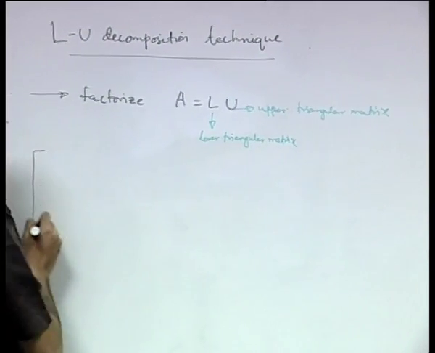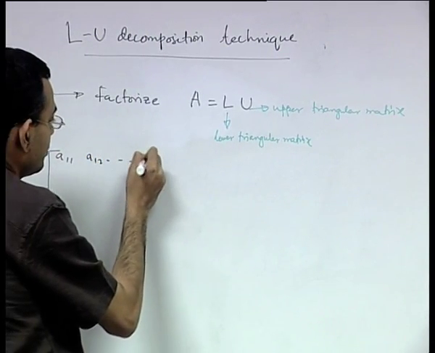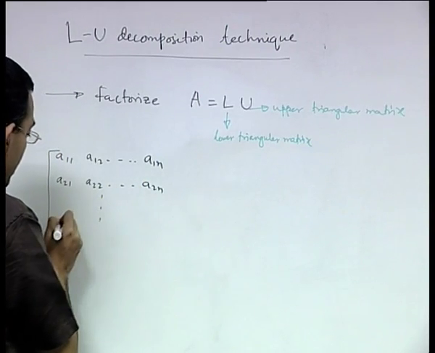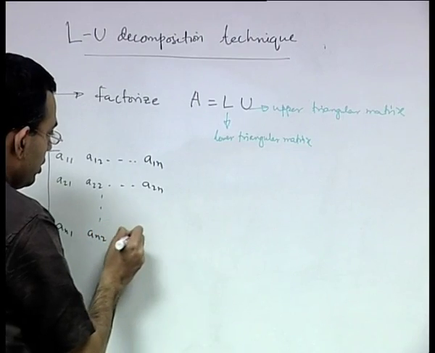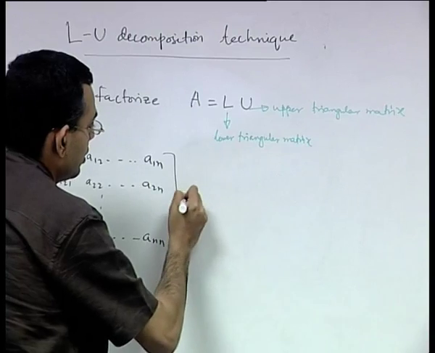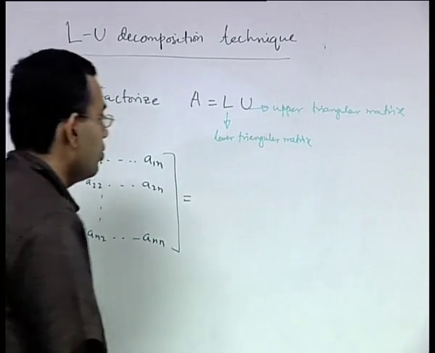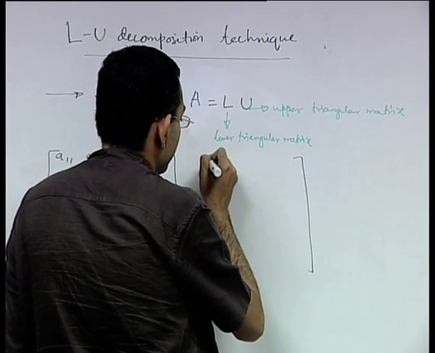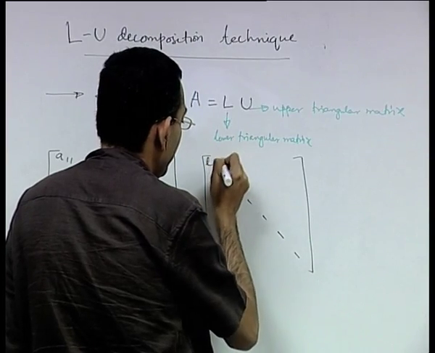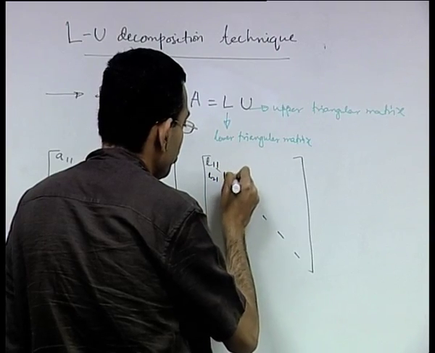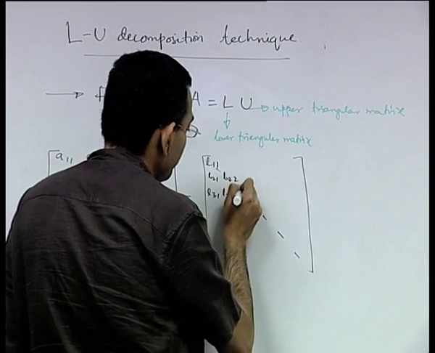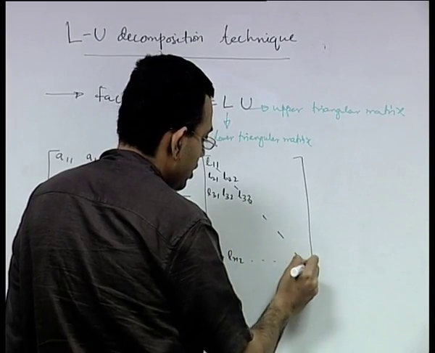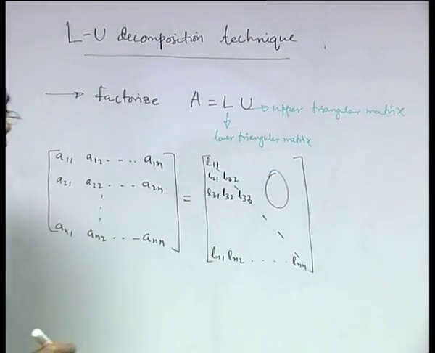So, A11, A12 in this way, A1n, A21, A22 in this way, A2n, An1, An2 in this way, Ann is equal to a lower triangular matrix: L11, then L21, L22, L31, L32, L33 in this way, Ln1, Ln2 in this way, Lnn, these are all zeros. This times